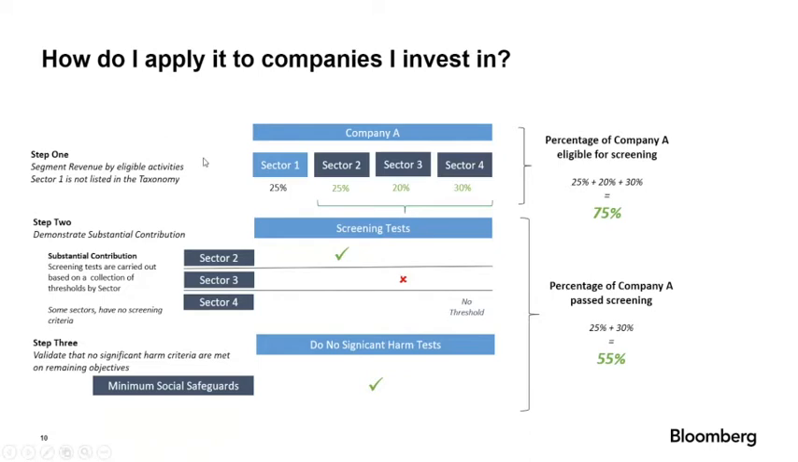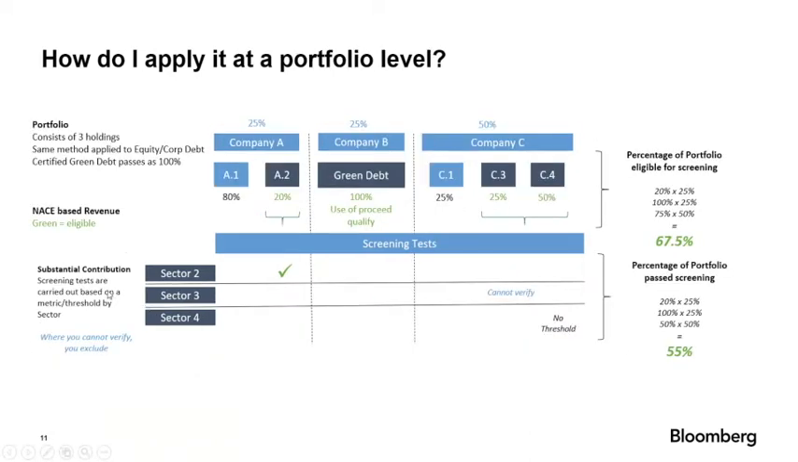So if we understand that model and we want to apply it at a portfolio level, it's a very, very similar approach. So to calculate the proportion of an investment, you should be able to multiply the aligned company revenue with the portfolio weighting to get your total score. And so in my example here, you'd see 67.5% of the portfolio is eligible, but 55%, a smaller number, is aligned. There's no reason you can't disclose both numbers if you would like to, particularly if you're an impact investor, let's say,